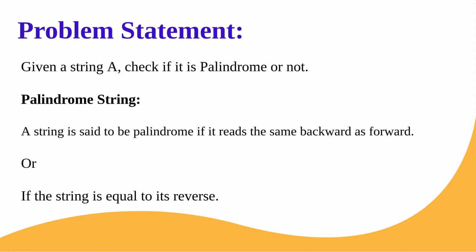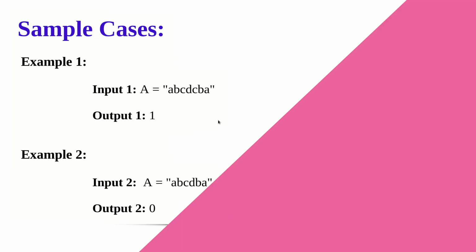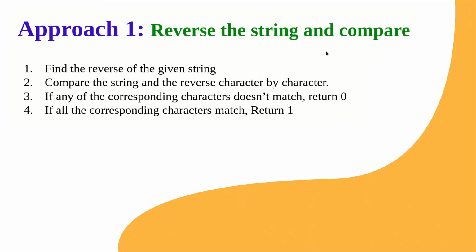A palindrome string is the one which is read the same backward as well as forward. In other words, a string which is equal to its reverse is considered to be a palindrome string. Okay, so we have focused on the second definition in the previous section where we discussed these various cases, and we have also discussed this particular approach. The approach was to just reverse the string and compare it with the original string. So we just compare the two strings character by character, and if they match for each of the characters till the end, then we declare that the given string is a palindrome string.